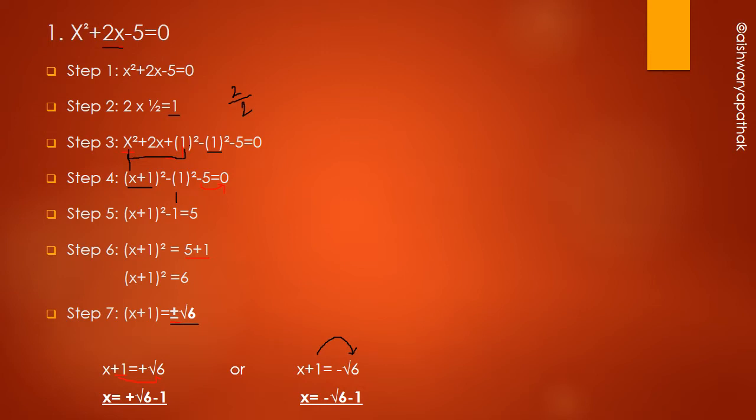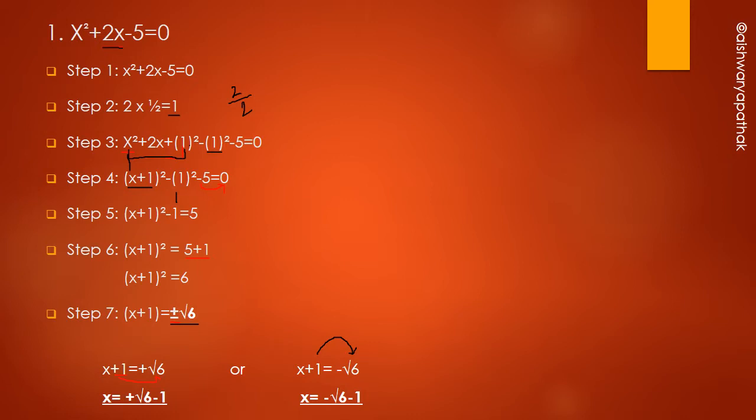You have to multiply the coefficient of the variable x with index 1 by half. So here it is 2x, where 2 is the coefficient of the variable x with index 1. So you have to multiply 2 into half. After multiplying 2 into half, what will you get? 2 ones are 2, and again 2 ones are 2. So 2 divided by 2 is 1 only. So hence the answer is 1.